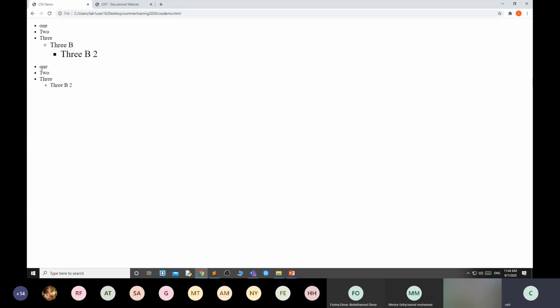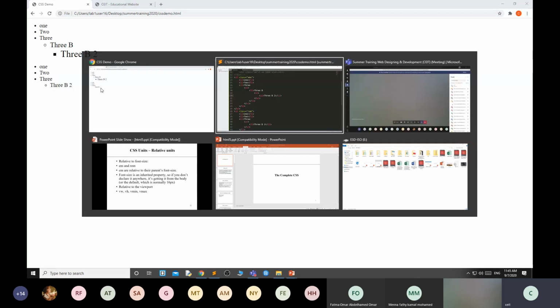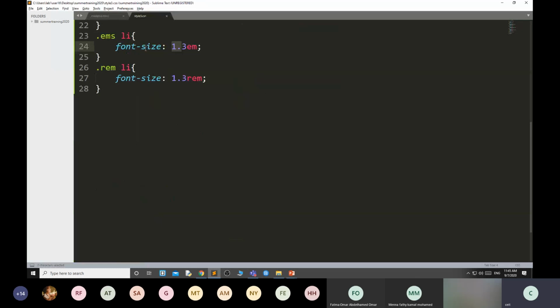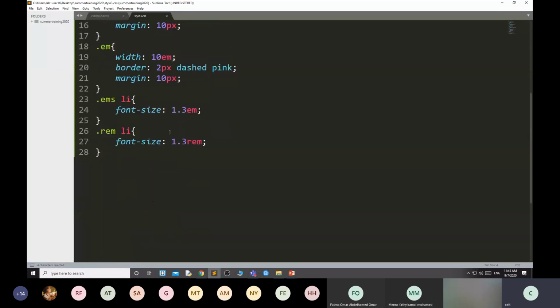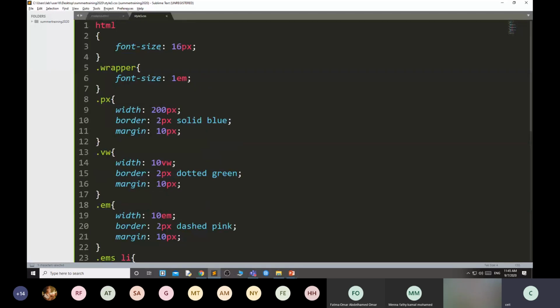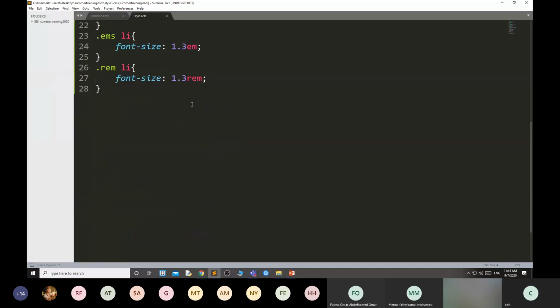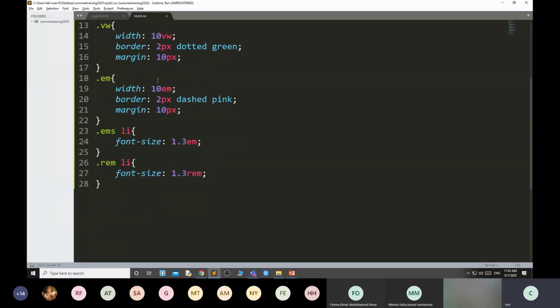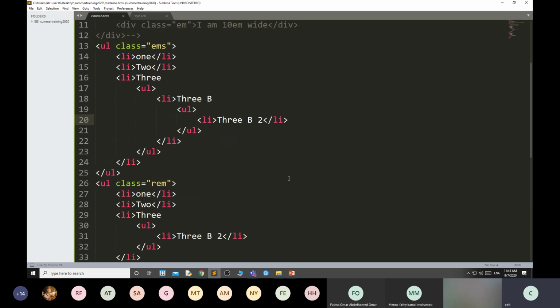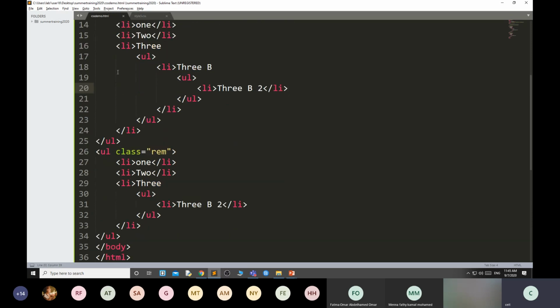But in this case, all are the same. Why? Because it is relative to the root element. What is the root element size here? 16 pixel or 1 em. Then you are writing font size 1.3 rem, meaning 1.3 of this. Just increase 1.3 of this size. How many children you have doesn't make any difference.